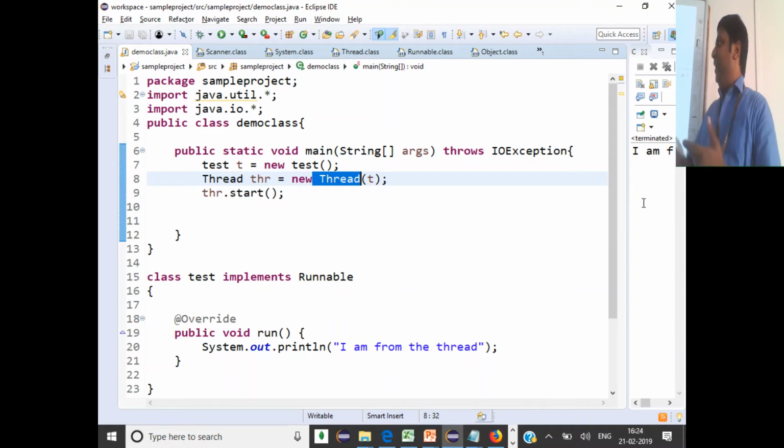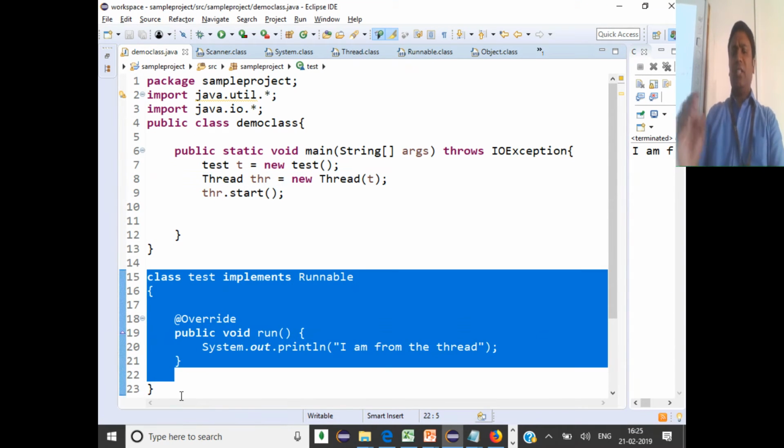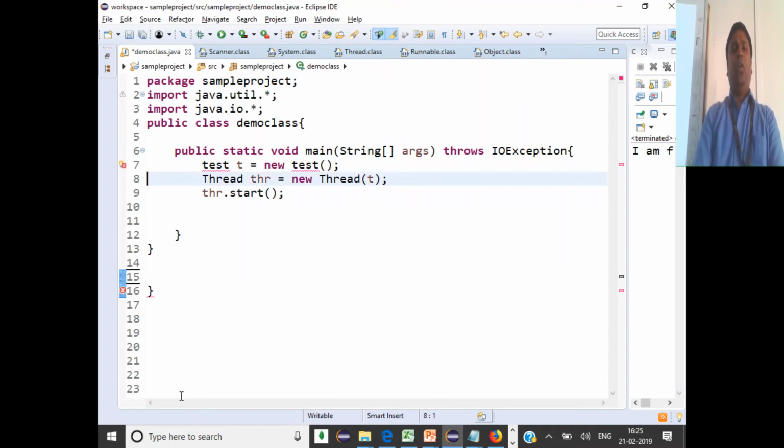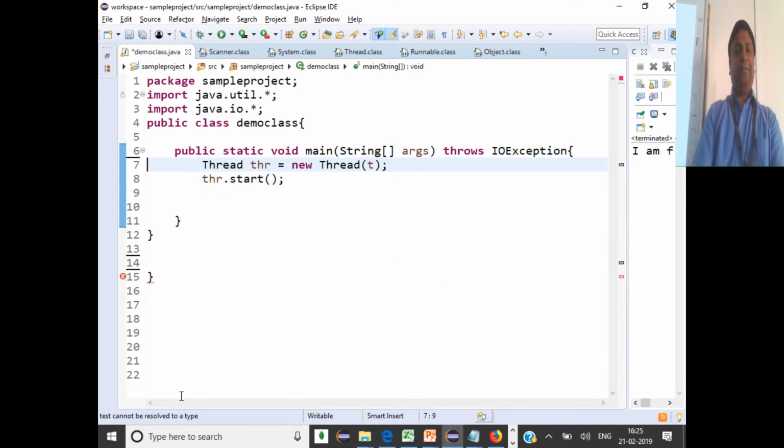I'm going to tweak this one too. I'm not going to create an object every time and pass it here. Just for this run method, I'm creating a class. So I'm going to use an anonymous class, a class without a name. Instead of creating class Test implements Runnable, I'm just going to directly use that inside my thread object instantiation. I'll show you how to use an anonymous class. Say I don't want to write a class just for the run method. What I can do,